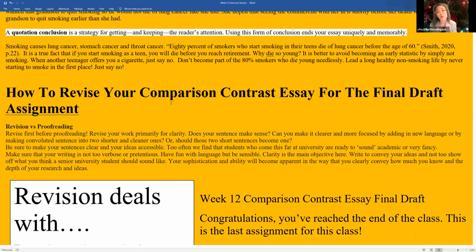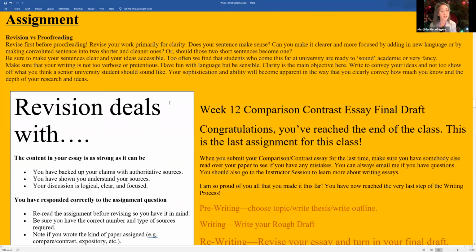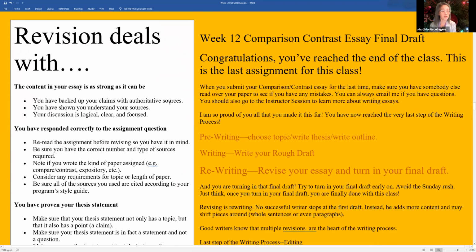Because if your essay doesn't make any sense, that is, if you have bad essay structure, then what's the point of somebody reading your essay that makes no sense? Or if somebody can't make heads or tails of what exactly she is talking about? Did she even have a main idea? I don't know. So you don't want your reader scratching their head trying to figure out what you wrote. That's why people do revision first. And I just want to congratulate, and here are some guidelines of what you can revise for, like a checklist.